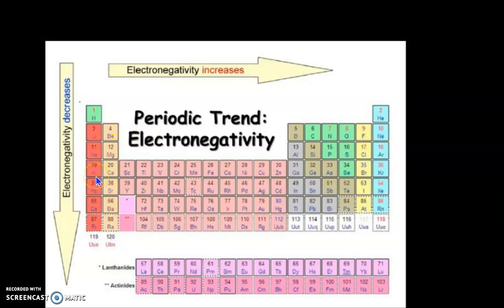Therefore, we can say that a small atom attracts more strongly than a larger one, and is therefore more electronegative. Now the next topic is determination of electronegativity values. There are two different scales to determine the electronegativity values of elements. First is Pauling's electronegativity scale or Pauling's bond energy scale.